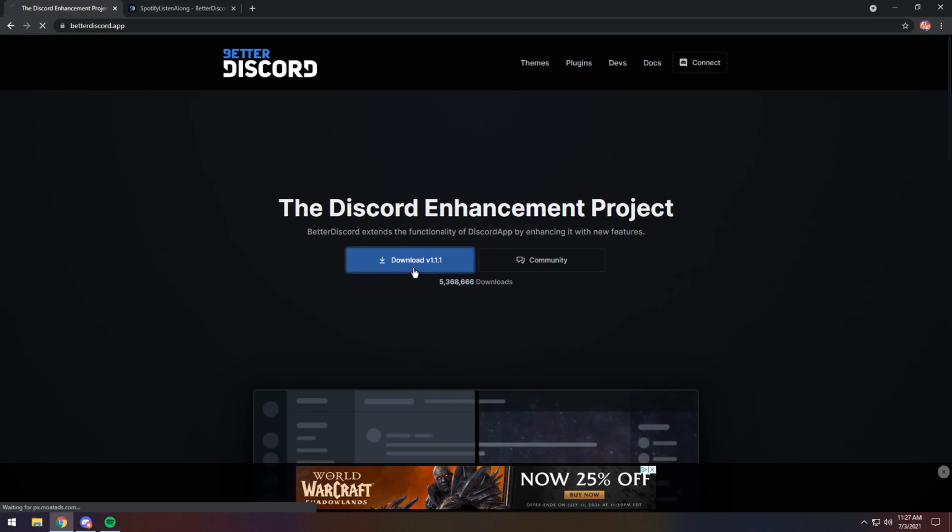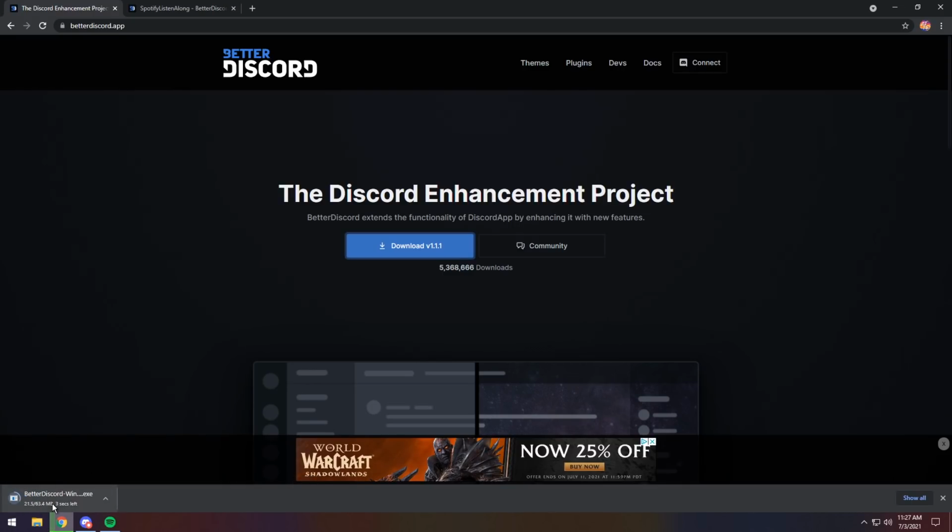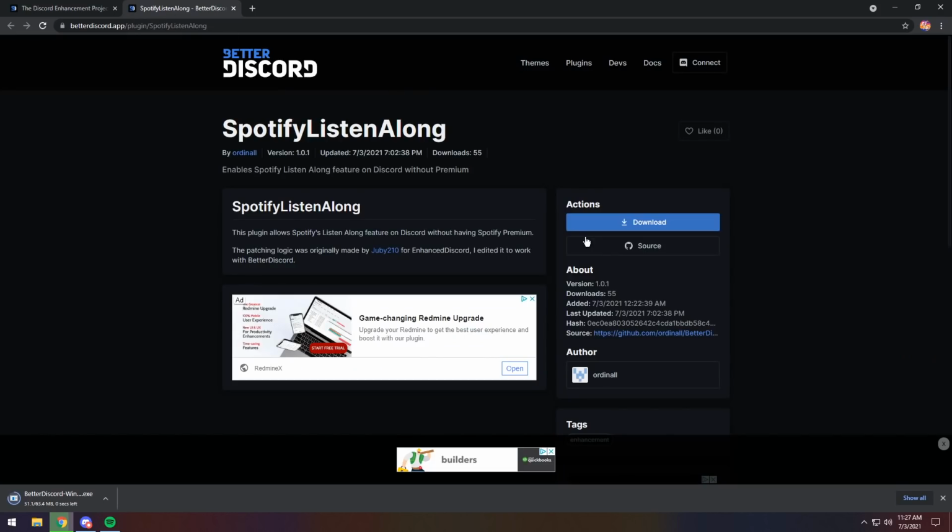Just don't be dumb. Click the download button, and it will download the installer, and while it's downloading the installer, go to the second link in the description and click download on this Spotify Listen Along. When you click download on it, it might say, whoa, this is a JavaScript file, and it'll blow up your computer. If that's the case, just click keep, then click on the installer to open it up, and you should